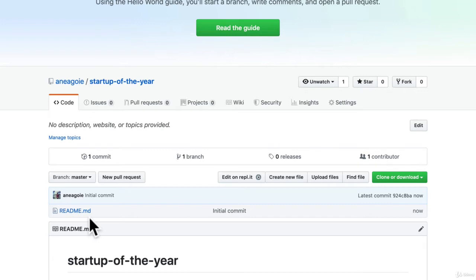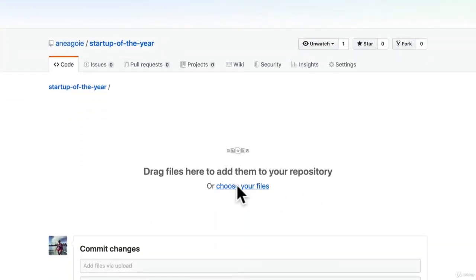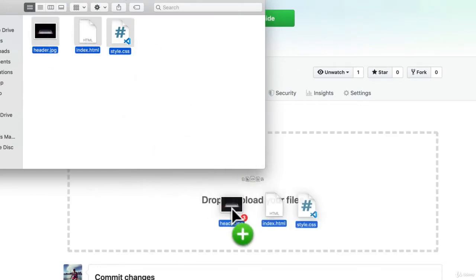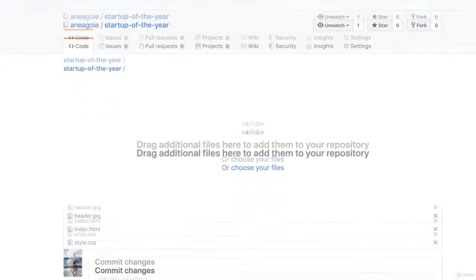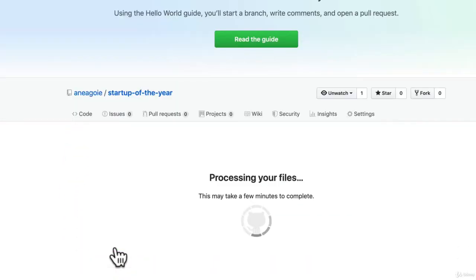And all we need to do here is click on Upload Files. And we can just drag and drop our files. In my case, I can just grab these 3 files we've been working on, drag them over here. It's going to upload them, and we'll just hit Commit Changes. And check it out. Once that's done,